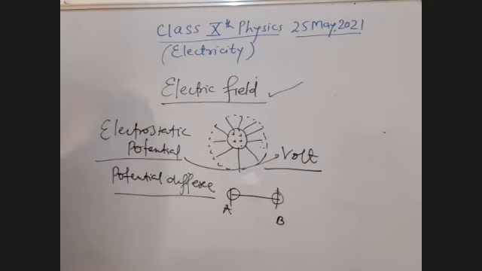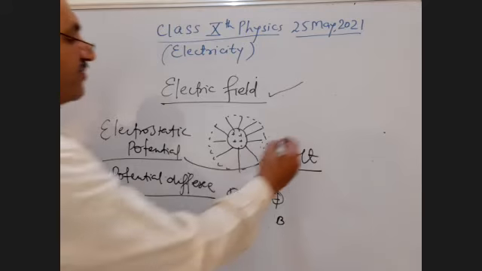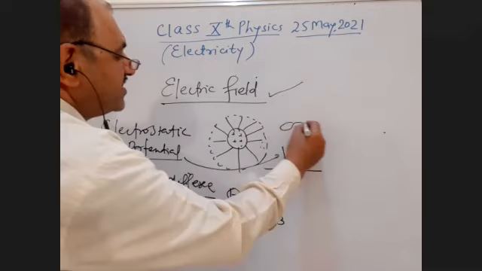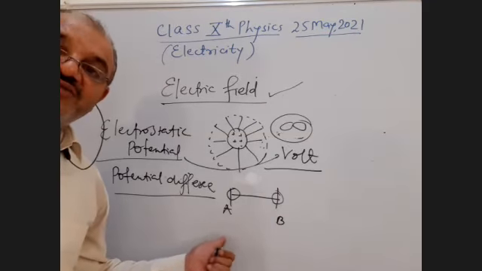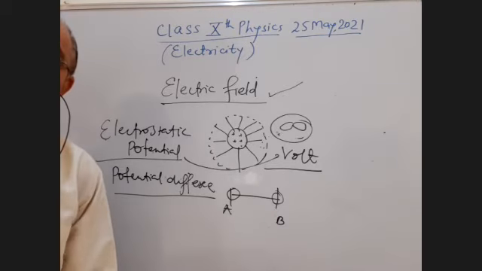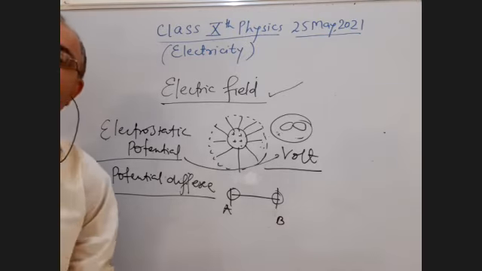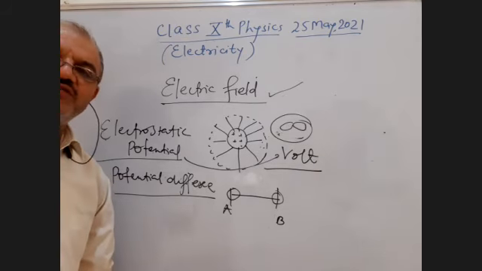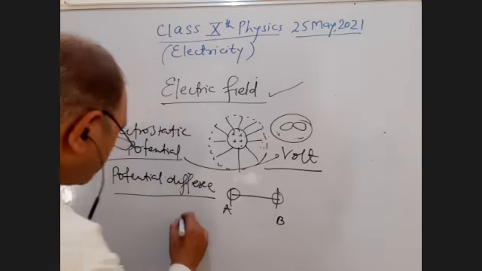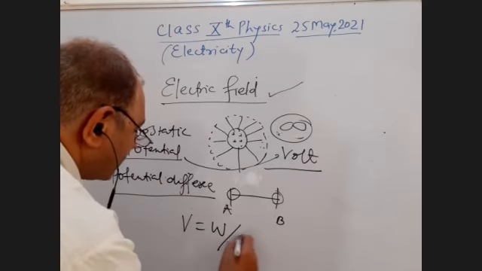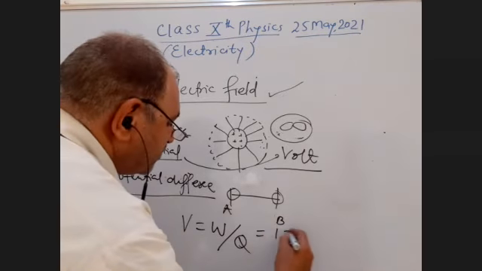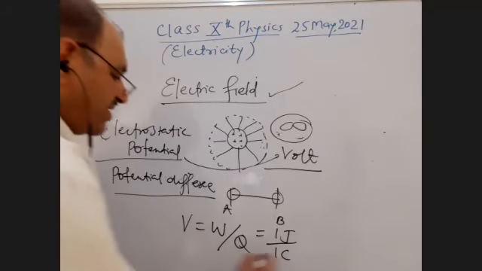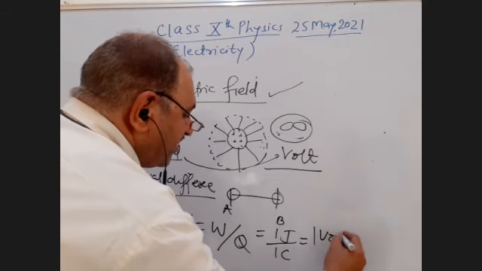In electric potential, we are bringing the unit positive charge from infinity. This is another point. So the difference in potential between two points is called the potential difference. Very, very important terms. Now, students, the formula: the amount of work done in bringing the unit positive charge from one point to another point. So V is equal to W by Q. If work done is 1 joule and charge is 1 coulomb, then the potential difference will be 1 volt.